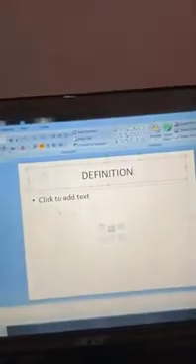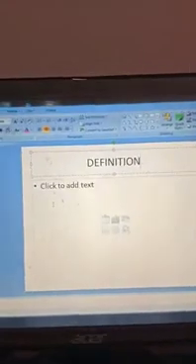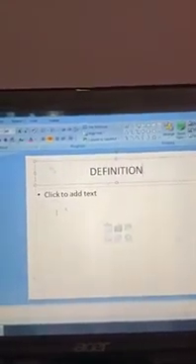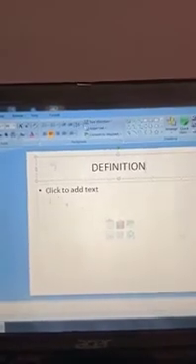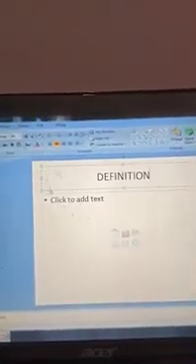Okay, so how can we add text? Here I have written the title and content. These are the six objects: if you want a chart, then you have to click; if you want a table, then you click; if you want SmartArt graphics, clip art, images, anything you want, then you select it. But I am not inserting any type of clip art or chart or graphics, so I am simply writing. So click here.